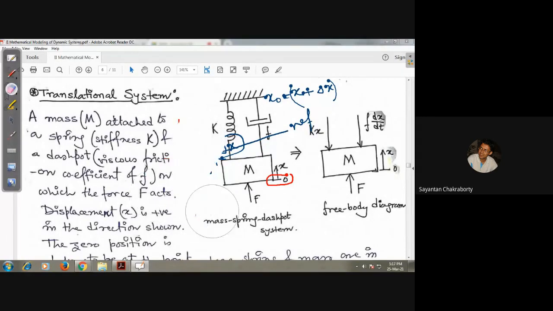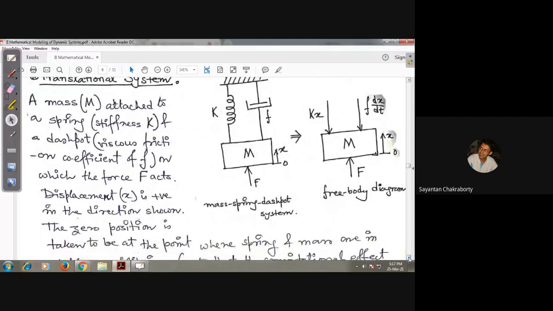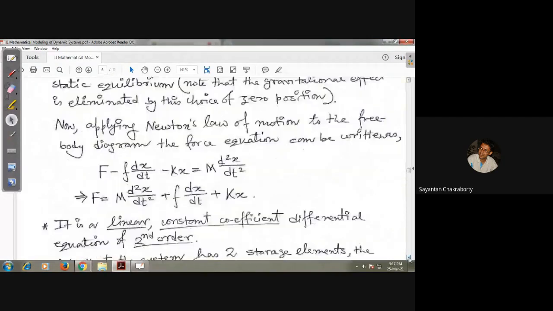So this is a trick that we are following here to get a simple mathematical expression. And this is a valid assumption. There is no if and but over here. Simple as that. So from the free body diagram, what can you write? The force balance equation will be something like this. So ultimately, you'll get an equation like this. Now I'll just write down these expressions over here